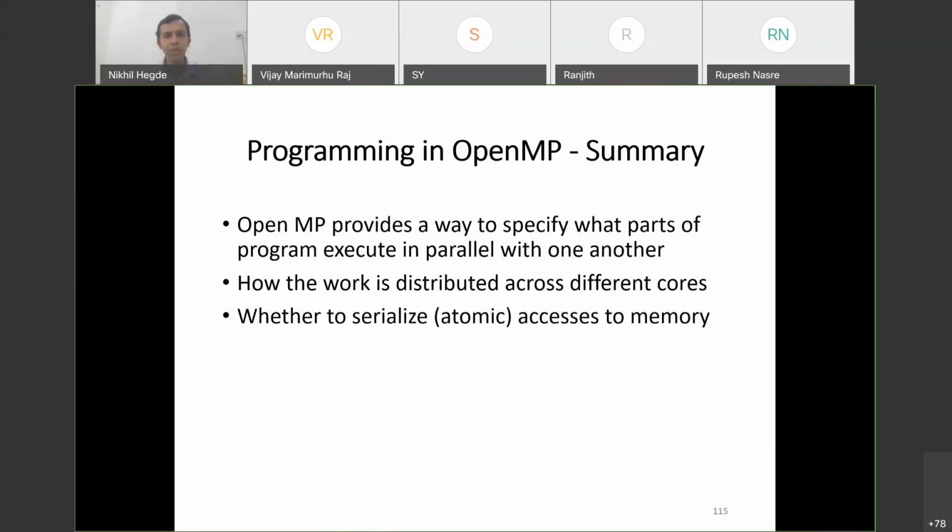You can also serialize access to memory. Atomic is one of the keywords available. You can have pragma omp critical, and many other such constructs are available in OpenMP. So that is how you get a portable